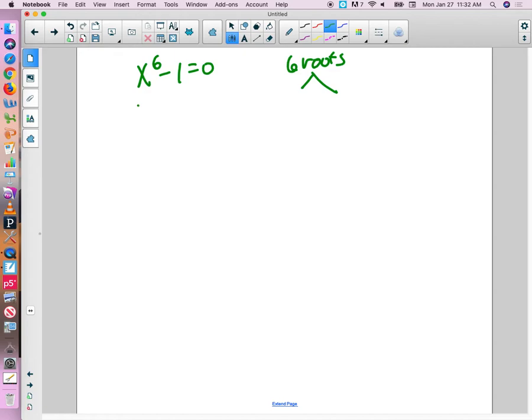All right, so I'm going to say x to the 6 equals 1. And I'm going to take the 6th root of 1. So we know one of our answers is going to be 1. Another answer is going to be negative 1, but we're going to find them all. There's 4 more. All right, so I'm going to write 1 in complex numbers, so I have 1 plus 0i,